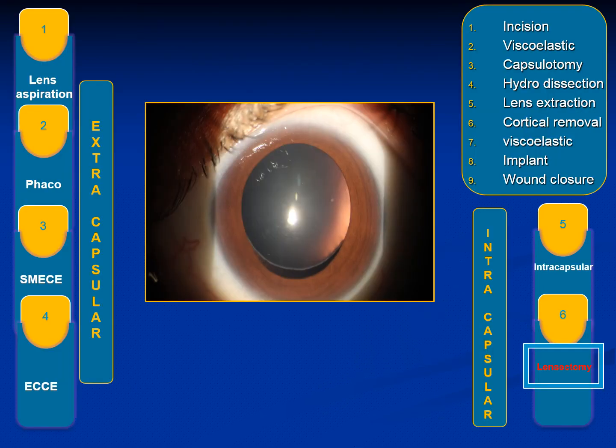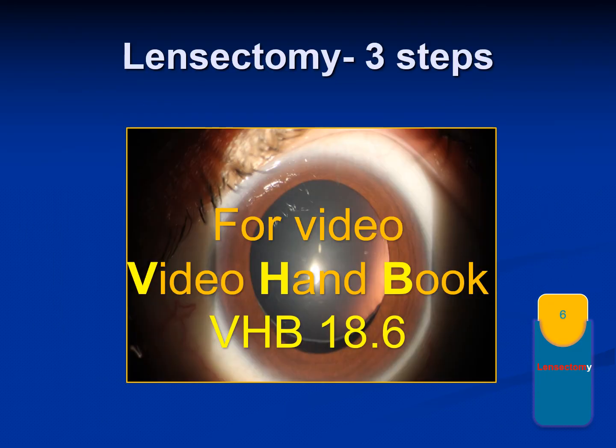Then is the last type of intracapsular cataract extraction, which is lensectomy. Nowadays it's mainly done for subluxated lenses, where by any means you cannot manage it extracapsularly, so you have to take the lens out along with the capsule, and there are other ways of putting the implant in, which you can do either at the same time or as a second setting. For the video, you need to watch VHB